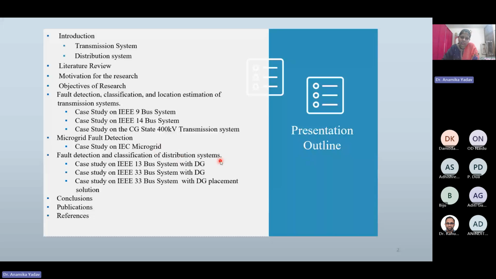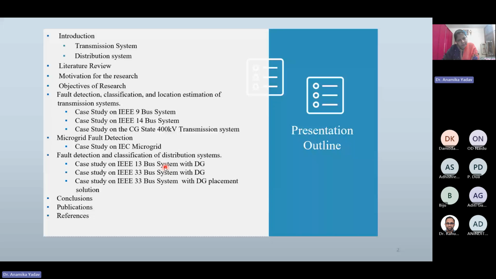Then, dealing with the distribution systems. The main task in a distribution system, as the line is usually short, it may be within a periphery of 20 to 25 kilometers in a town. So the main task will be more crucial towards fault detection and classification, and there are few works which deal with location as well. And in this we will present case studies of the IEEE 13 bus and 33 bus systems,